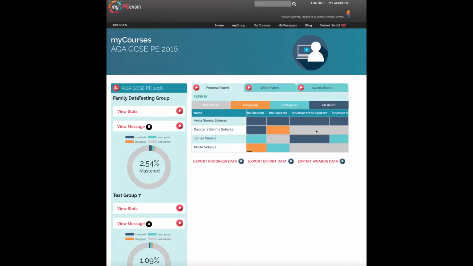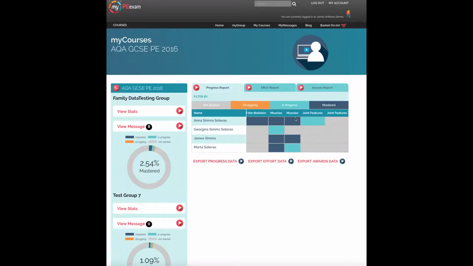And if we scroll across, we're looking for those dark blue mastered on the content that we know from what we saw of Anna's profile before that she has mastered. Of course, we get exactly that. We get it right up to muscles. And you even saw me at the start of the last one, I just took a small amount of time on the joint features tutorial, and that one now marks as in progress. It means I've started it, but I've not mastered it or not reported that I'm struggling. But everything else is dark blue and mastered along there.